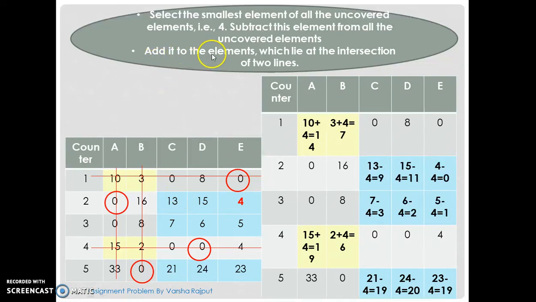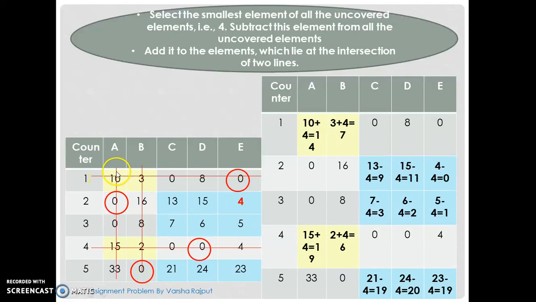and add that 4 to the intersection points of two lines. So the intersection point you can see here, this line and this line. So here 10 is the intersection point, 3 is the value where the two lines are intersecting. Similarly 15 and 2. So we have to add this 4 to wherever